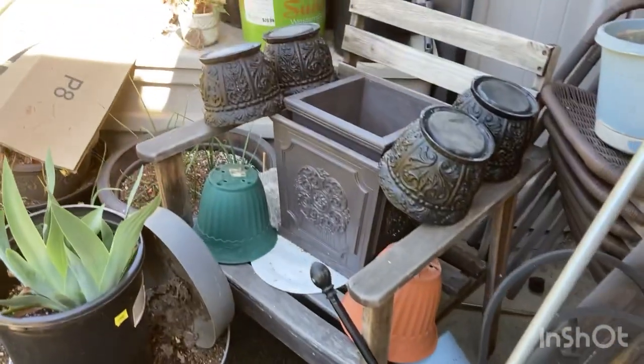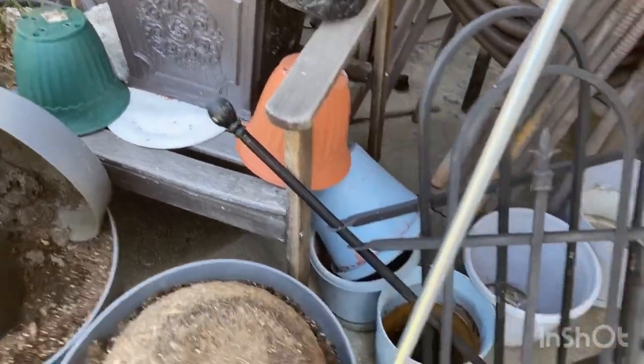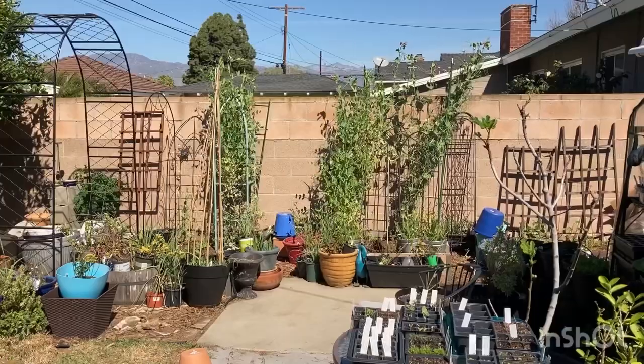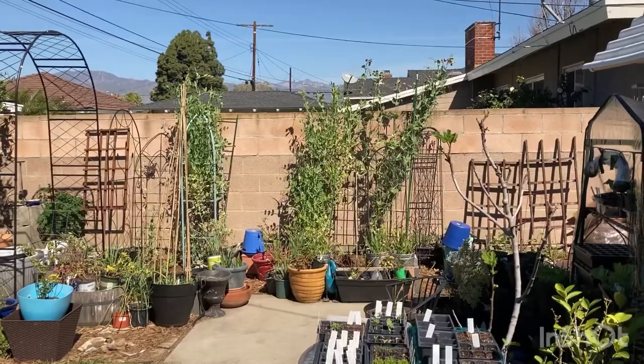And then here's a quick view of some of the painting that's going on. Obviously, I've still got more to do, but so I've moved back now. And speaking of beds,